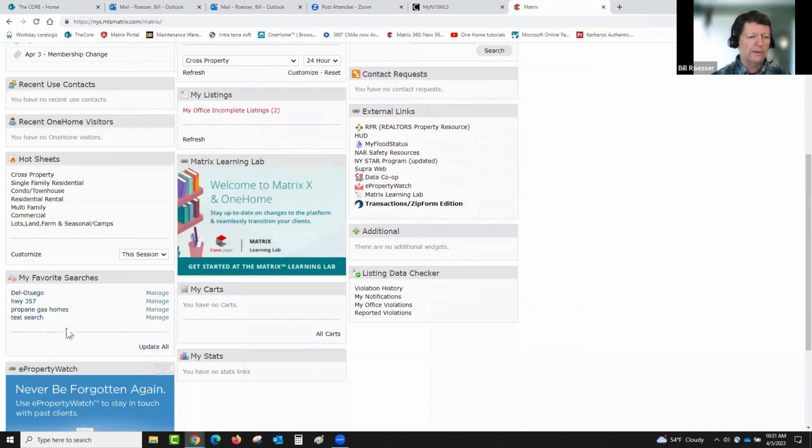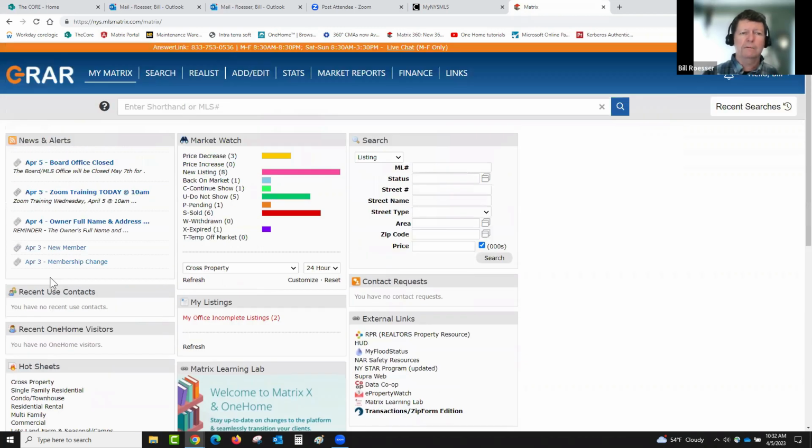By the way, you can only save up to 20 searches in this particular field here. So it is limited space, but maybe you're only using it on a temporary basis, where you save it for a while and then you delete it out. All right, so that's basically what you get with the